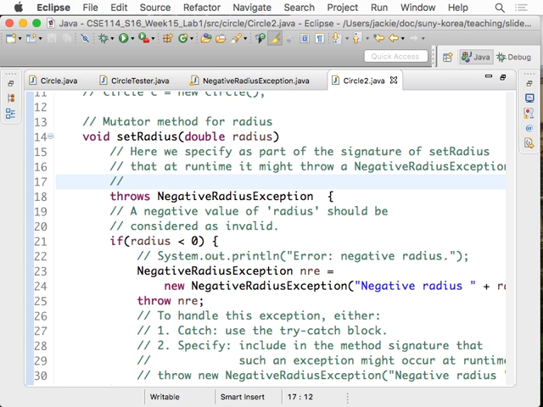And then now we're going to say the consequence. The consequence of this is that